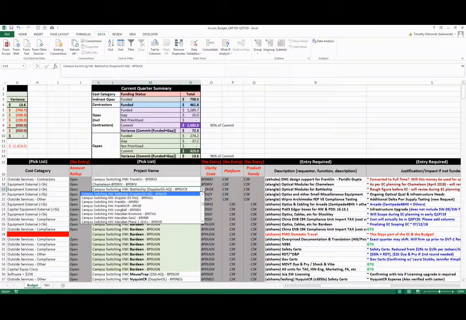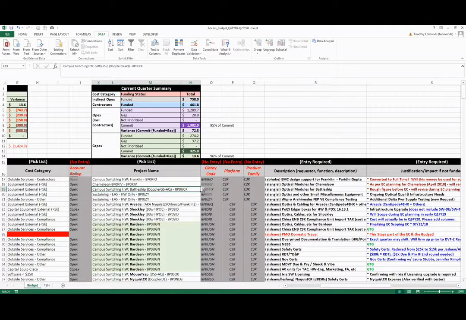This again is a pick list, and this is based on the list that I provide by periodically going into Clarity, and I will just do pretty much a dump of all the projects against a given PIN, and then I'll sync it up to this so you guys can just select from that. In the event that it's not there for some reason, maybe there's a timing issue or something, then go ahead and leave this blank, and we'll add additional information in the justification column that we'll get to in a second. The next 3 columns, go ahead and skip over. They're formulas only,